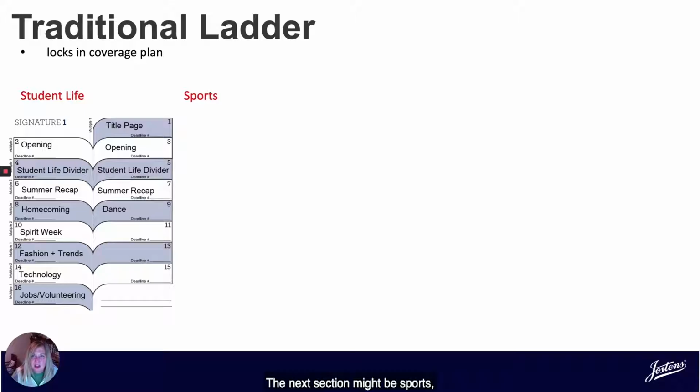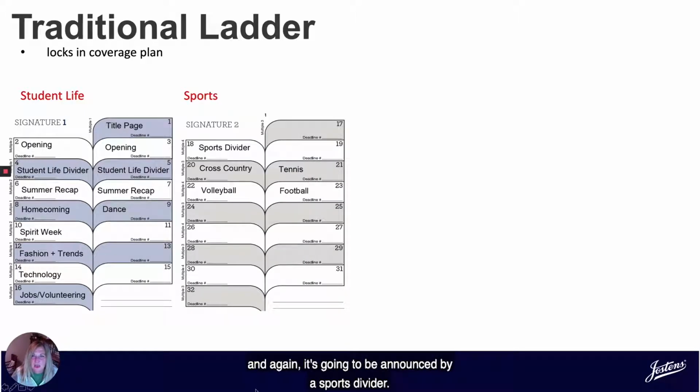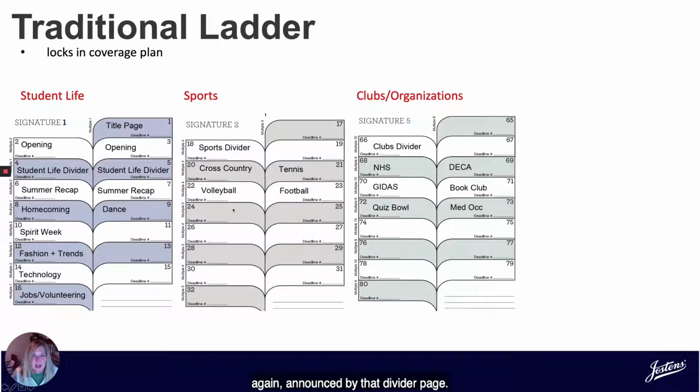The next section might be sports, and again, it's going to be announced by a sports divider. And then going through and listing what all of the sports are that occur at your school and listing them on these pages based on potentially season or grouping them potentially other ways. The third section might be clubs and organizations, again, announced by that divider page, and here figuring out exactly which clubs are going to happen, are going to form and be active during the year,